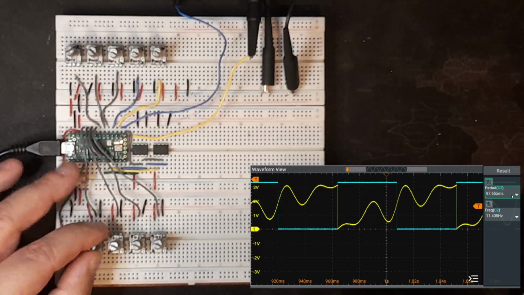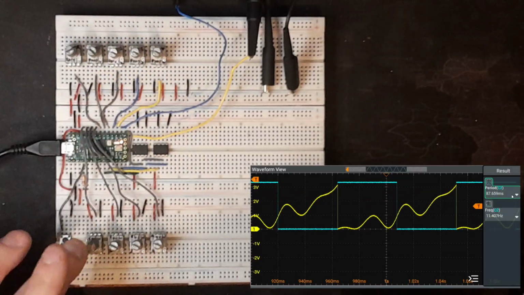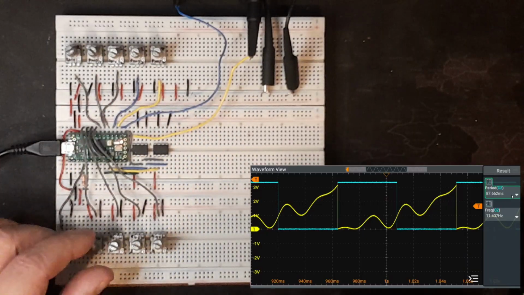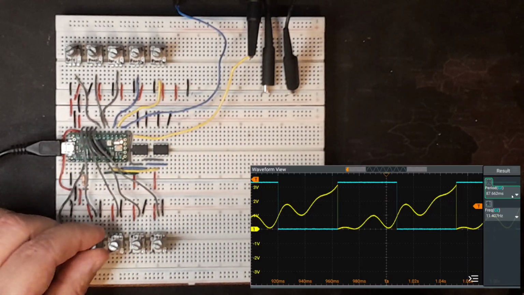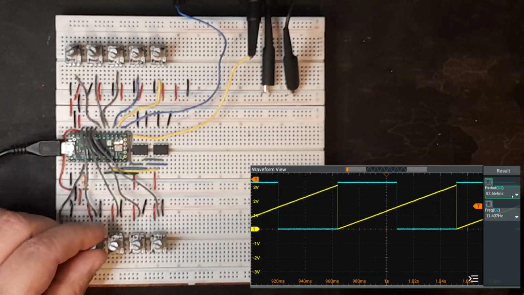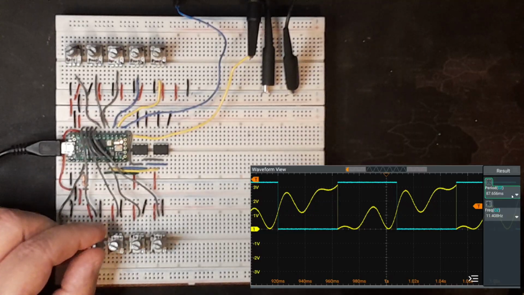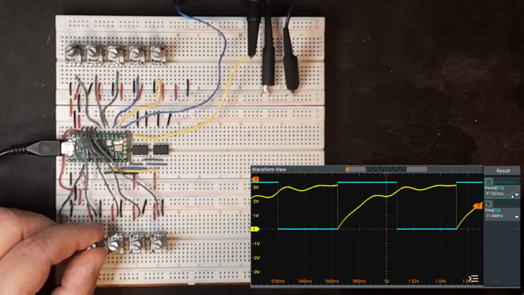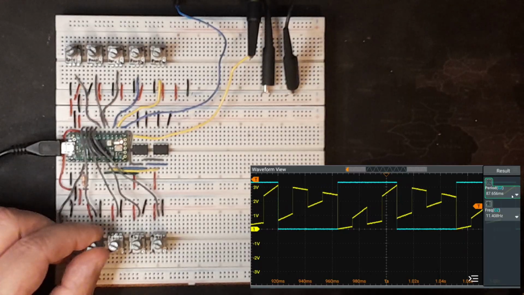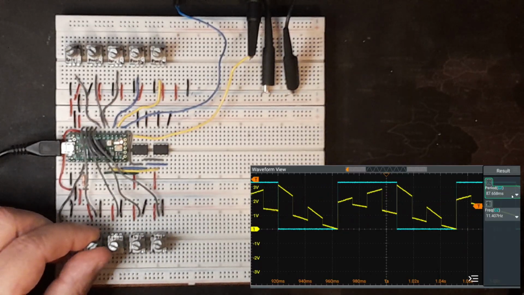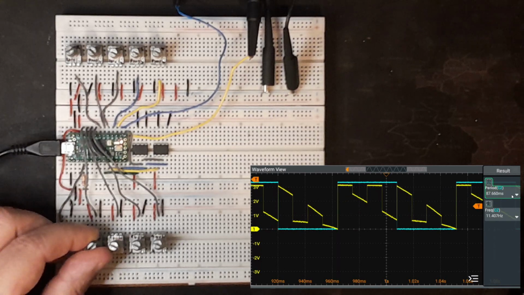So this sets the phase and the morph for channel A1 of the DAC. So the first channel's got a whole load of interesting waves on it, as you can see there.